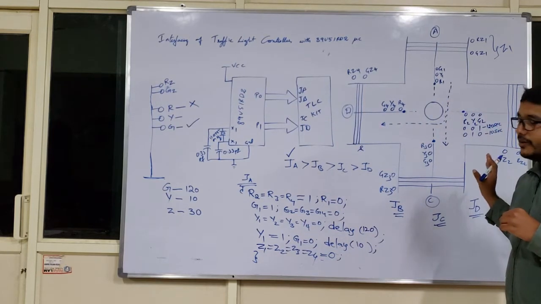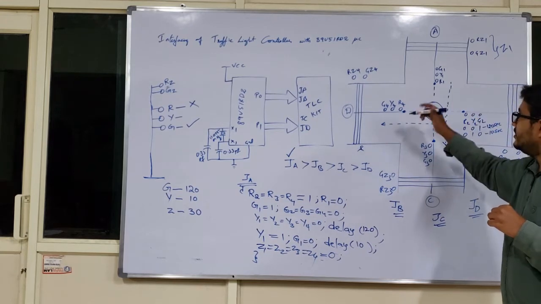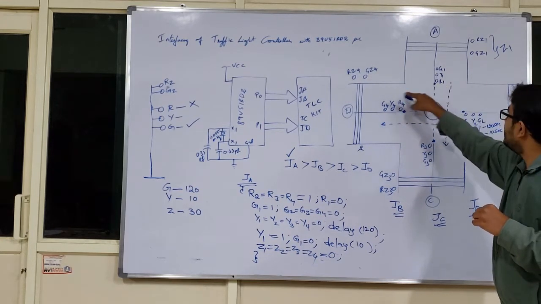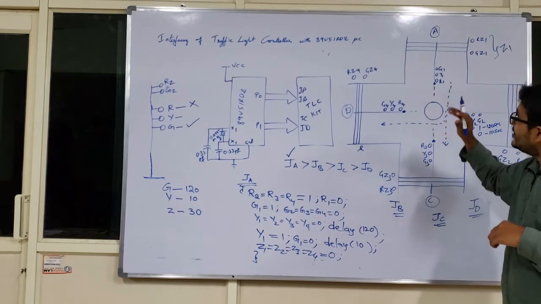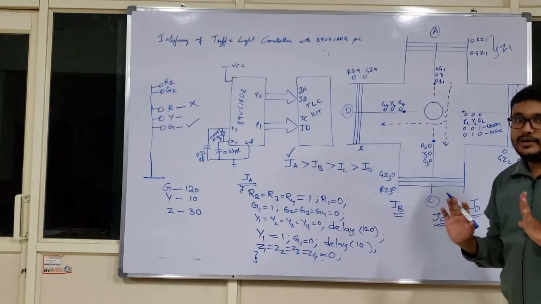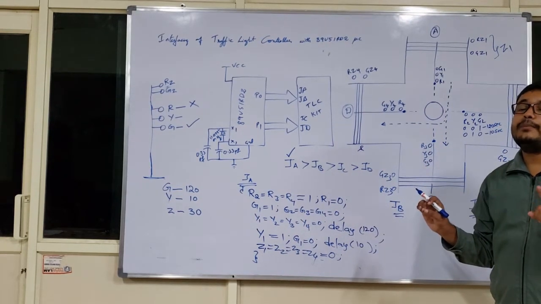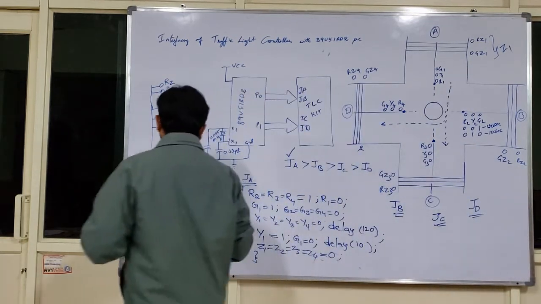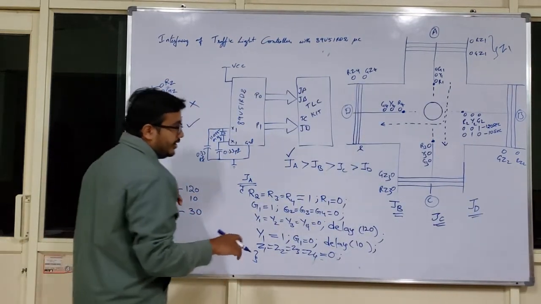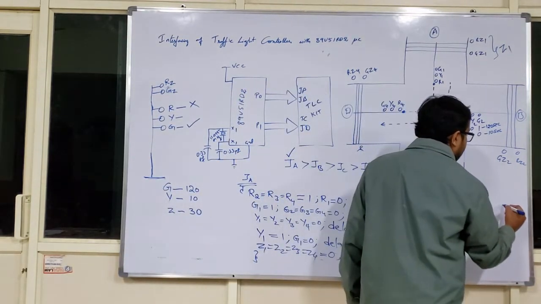Junction B activity will be completed. Similarly for junction C, similarly for junction D. Junction D means it can take towards A, or it can take towards B, or it can take even towards C also. So once the junction D activity is also completed, there will be the time for the pedestrians. Okay. So now it is the time for the pedestrians, which I can indicate with ZC.